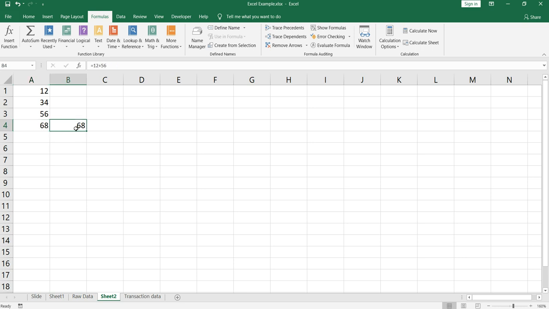But in this cell B4 I have a formula of addition, but here I have given absolute values, which are 12 and 56. So let's change it to 20. Now the sum has changed, but for this one I again have to go and change this 12 to 20 to get the value 76.